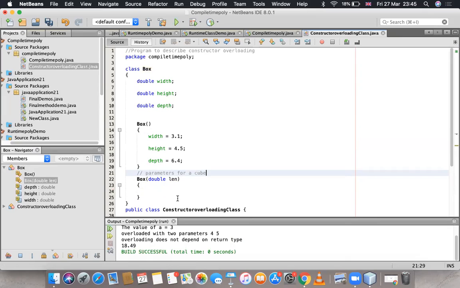You know what the peculiarity of a cube is: length is equal to width is equal to height. So I'll write width, height and depth. Length would have been better, I feel. So I'm just going to make this length, width, length and height.